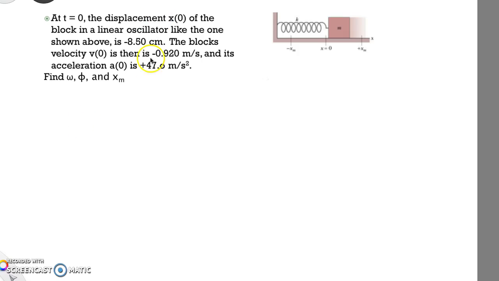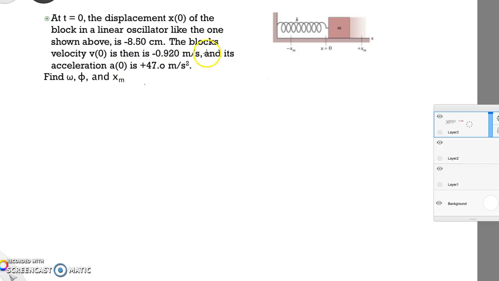Okay, so here we have a question about an oscillating system, and it's a tricky problem. We've got to use some smart algebra and some smart trig to get through it. Okay, so we have this scenario where at time t equals 0, we have a displacement